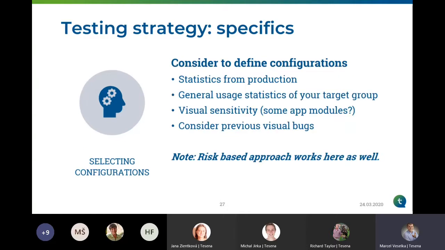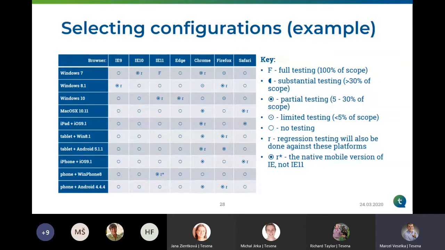So first one, selecting the configuration. What we usually do is check the production, try to understand where the sensibility of the application is, which kind of model could be more sensitive, or which kind of screen is pretty important. And also we do, as in any other area, a risk-based testing approach. This is one of the examples we used for the customer, where we were forced to test various configurations heavily. It's a few years old already, but I took it as a nice example where you can easily discuss with